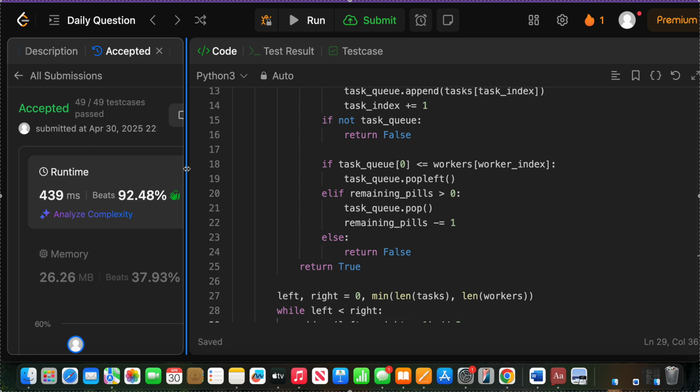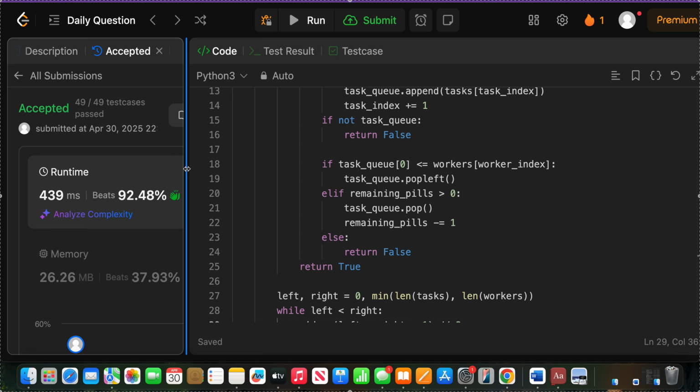So on a high level, how are we really solving this problem? Kind of just glossing over what we said before when we were explaining it. Effectively, we're combining binary search with that greedy strategy helper function, and by sorting both tasks and the workers, we can make more optimal assignments for which workers get which tasks, because of course we want to prioritize the stronger workers to not use pills for them and get them the stronger tasks. And also using that double-ended queue allows us to efficiently manage the tasks from both ends